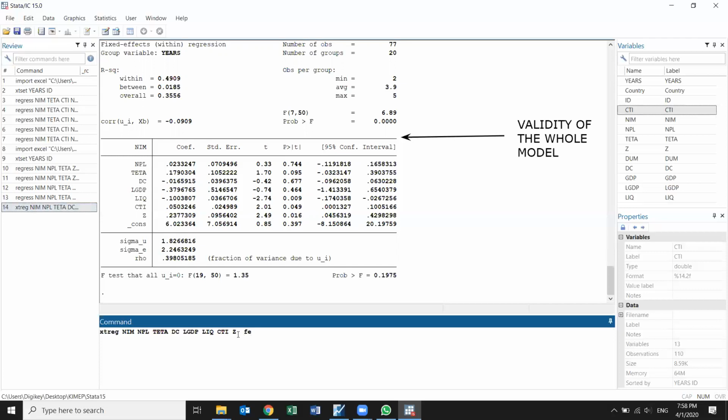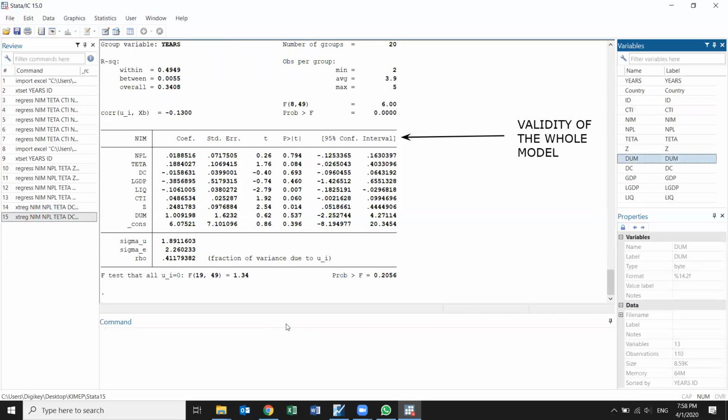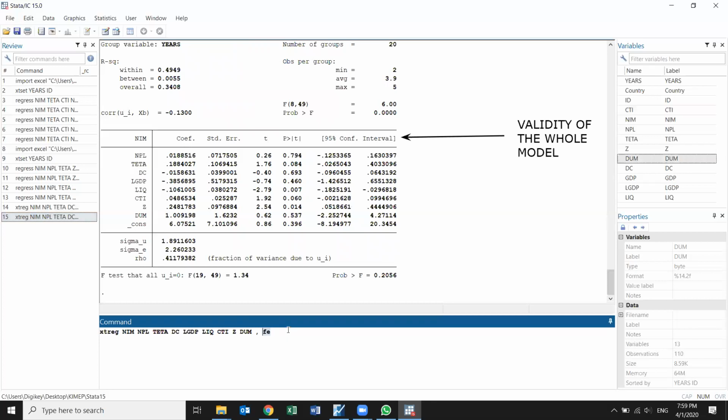But if I add the dummy variable here as well, I think I'm going to get even better results. One, 2, 3, 4. Yeah. So liquidity, cost management, Z score is affecting positively. So in here, I'm using the fixed effect model. Fixed effect assumes that